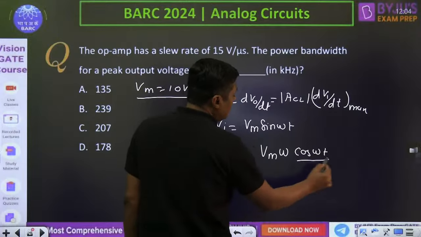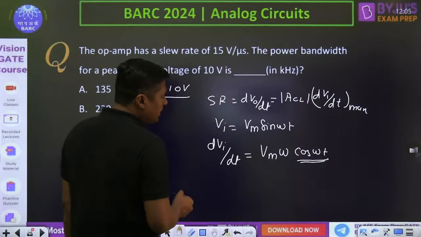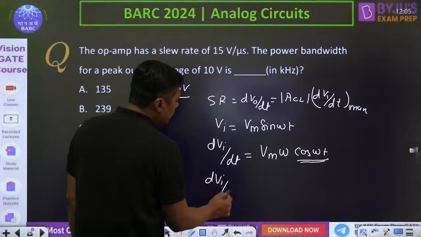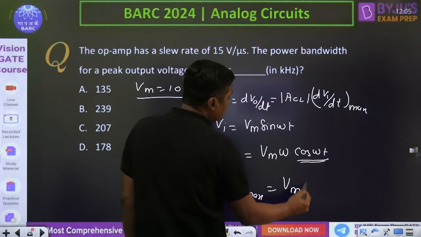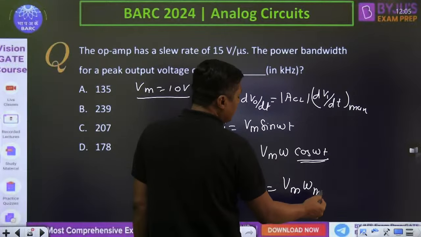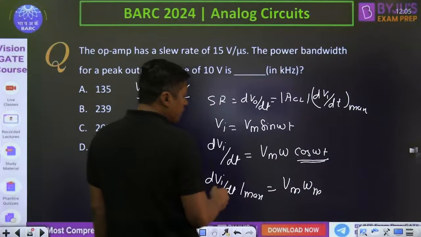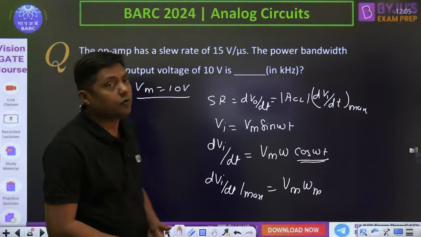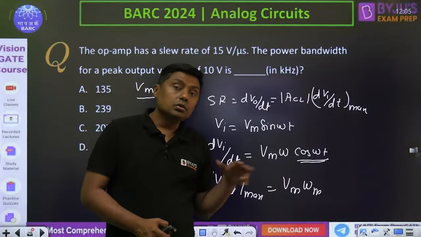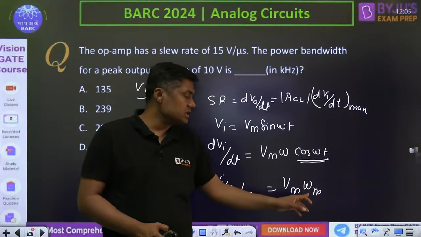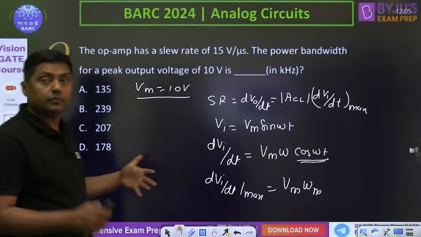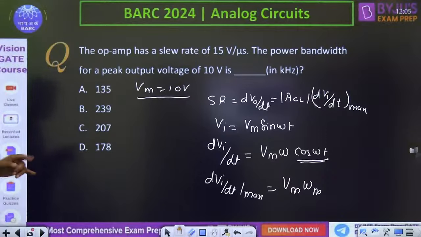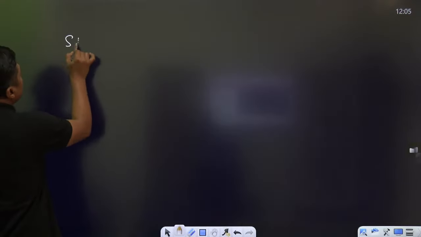When it will be maximum? When cos is 1. What is the dVi by dt maximum? dVi by dt max will become Vm omega m, when the cos omega t will become 1. fm is called maximum frequency of operation or bandwidth. तो यहां पर किसमें चाहिए? हर्ट्स में चाहिए, and that is in radian per second. Right? तो ओके, मैं इसको रीड करके भी नहीं बताता हूं मैं आपको. तो Vm omega m, तो आप यहां पर यूज करोगे तो